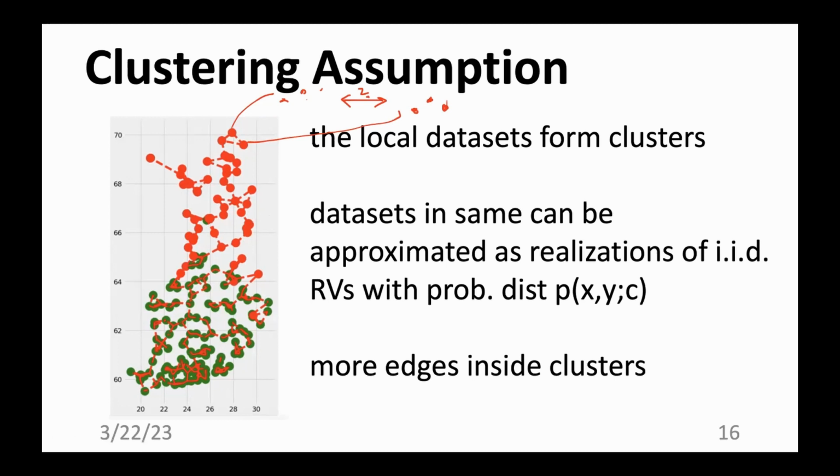So these methods that we will talk about in the next lectures can be interpreted as clustering methods. So they cluster the local data sets such that each cluster contains statistically similar